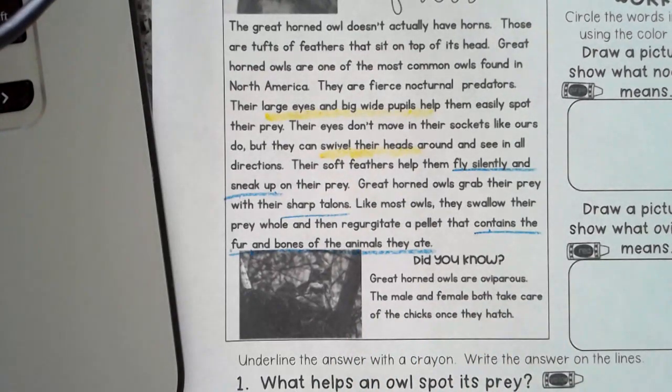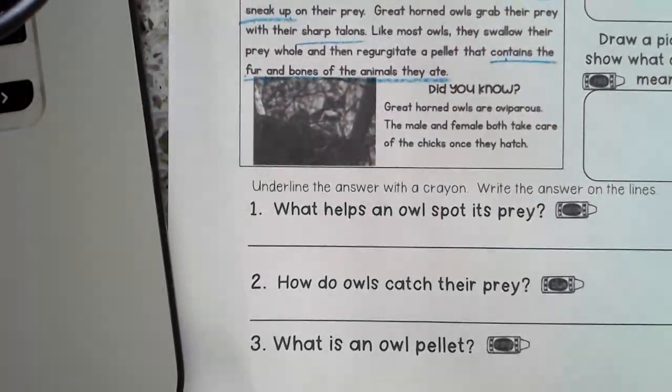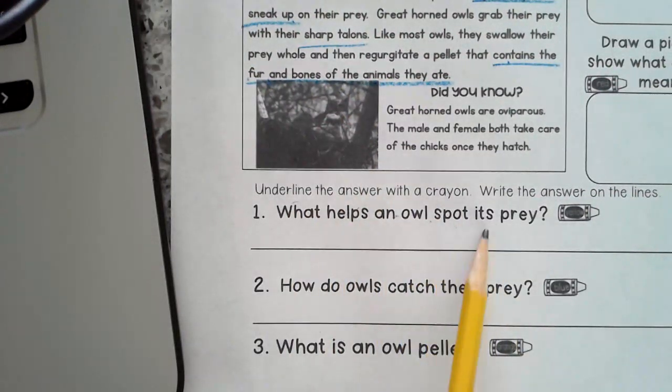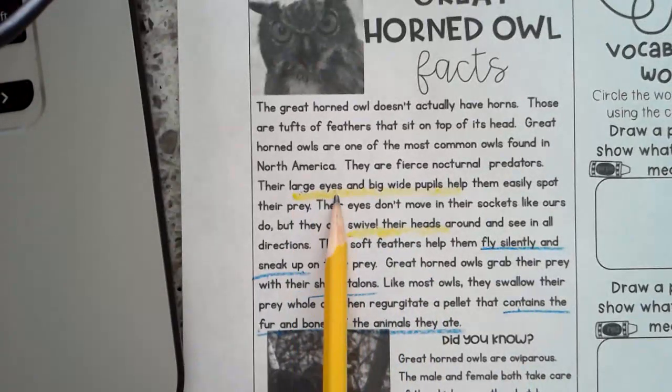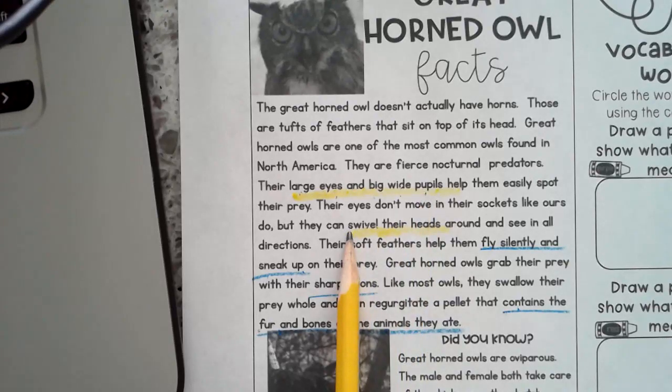All right. So now I'm going to get a pencil because now that I've found the answers, I'm going to go ahead and answer the questions. I'm going to do it in a complete sentence. So what helps an owl spot its prey? I'm going to look where I have yellow crayon, and it says large eyes and big wide pupils, and they can swivel their heads. So I'm going to go ahead and write